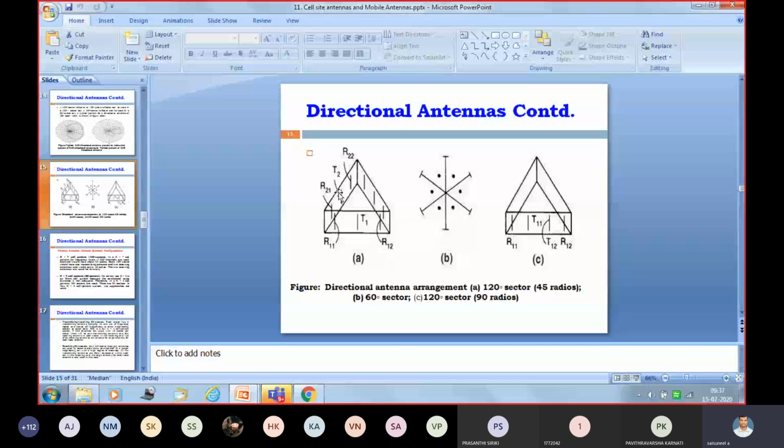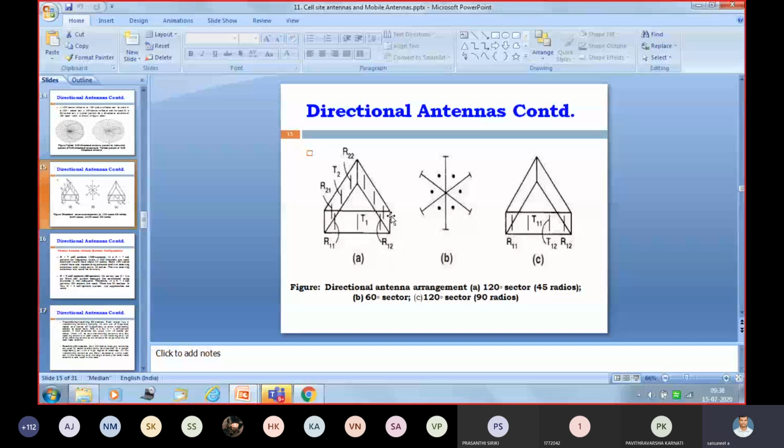But what about the omnidirectional antenna system? In the omnidirectional antenna system, we have to increase the number of transmitting antennas. There is no chance of increasing beyond 2 receiving antennas. But in the directional antenna system, for each direction we use one transmitting antenna, and for each direction we use 2 receiving antennas.